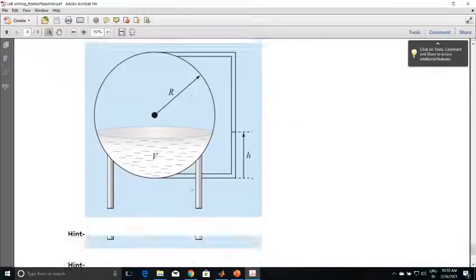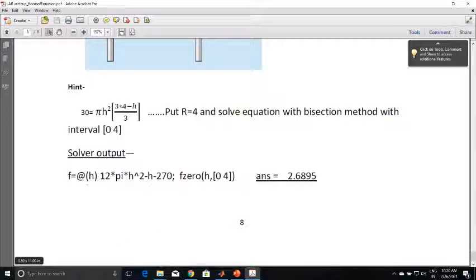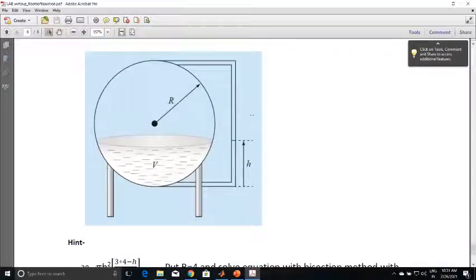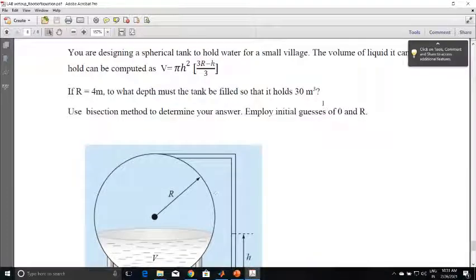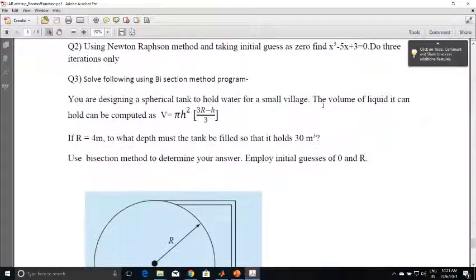If you put r equal to 4 in the equation and simplify it, you will get a more simplified equation which you can solve with the help of the solver to get the answer 2.6895. When h is 2.6895, the tank is holding 30 meter cube of water. This is a typical application problem which you need to solve.